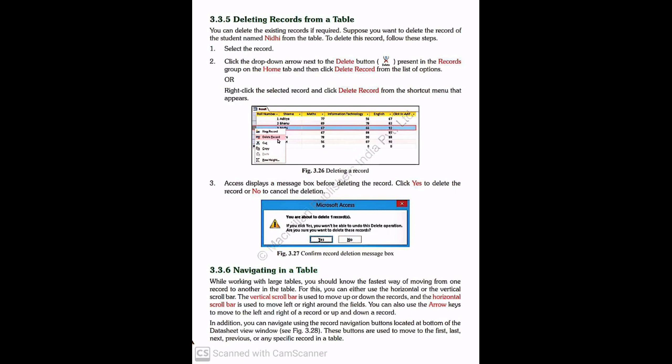left and right of a record and up and down of a record. हमें पता है कि अगर हमारा टेबल बहुत बड़ा है तो हम हॉरिजॉन्टल बार और वर्टिकल बार का यूज़ कर सकते हैं, जिसको हम स्क्रॉल करके मूव कर सकते हैं। In addition, you can navigate using the record navigation buttons located at the bottom of the datasheet view. These buttons are used to move to the first, last, next, previous or any specific record in the table. पिक्चर में देख सकते हो नेविगेशन बटन्स, अलग अलग बटन्स यहाँ पर हमारे पास अवेलेबल हैं, उसको यहाँ पर अलग अलग बताया गया है।